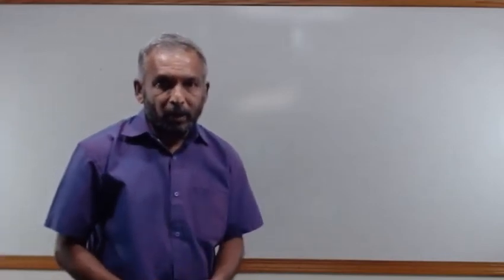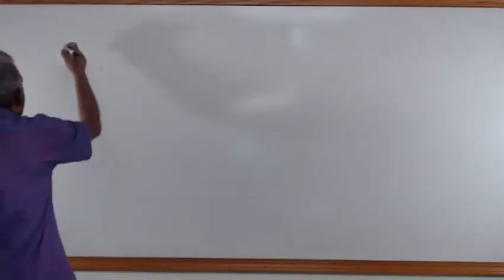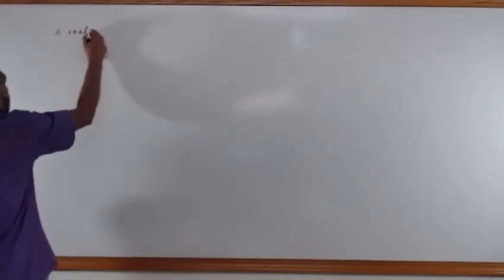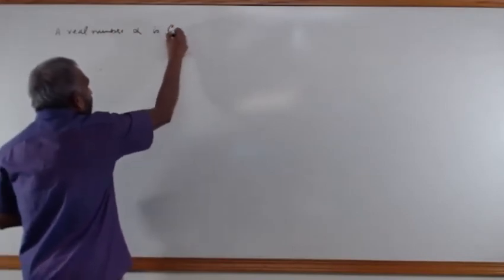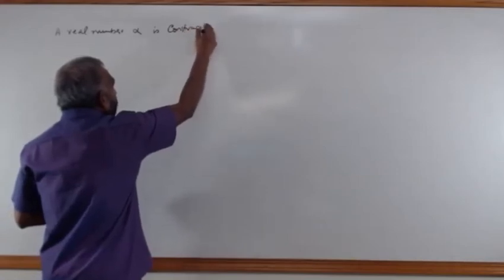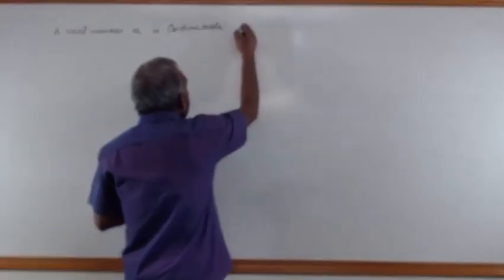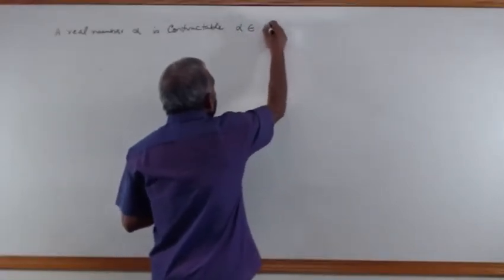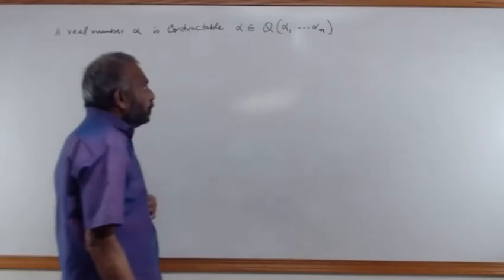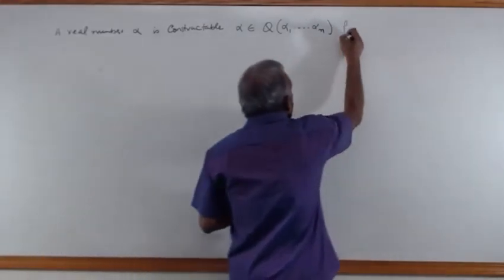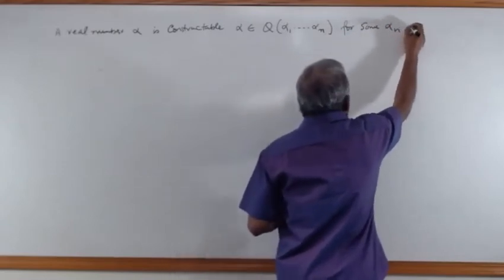So in the last session we've been talking about constructible numbers. A real number alpha is constructible if it belongs to a finite extension of Q, for some alpha n's in R,